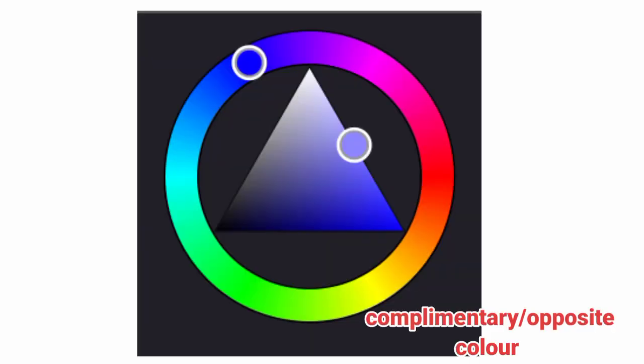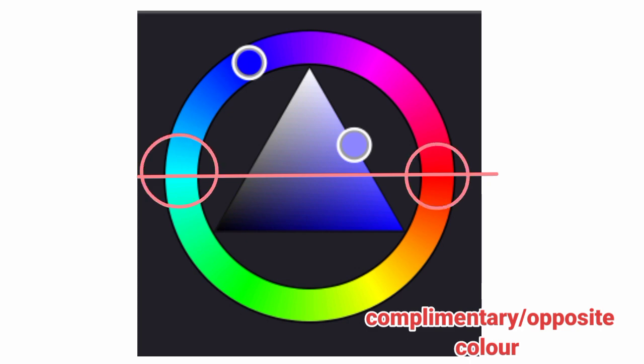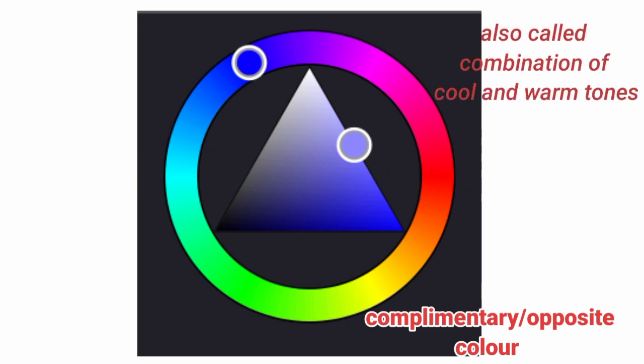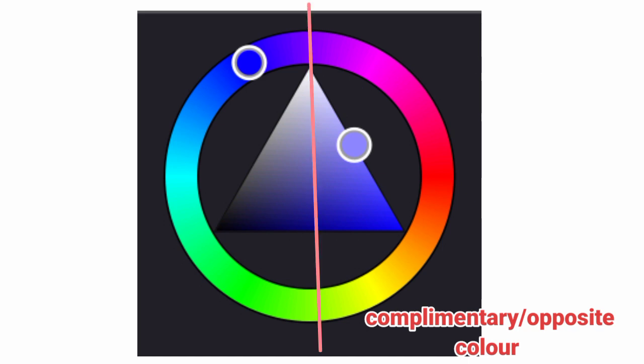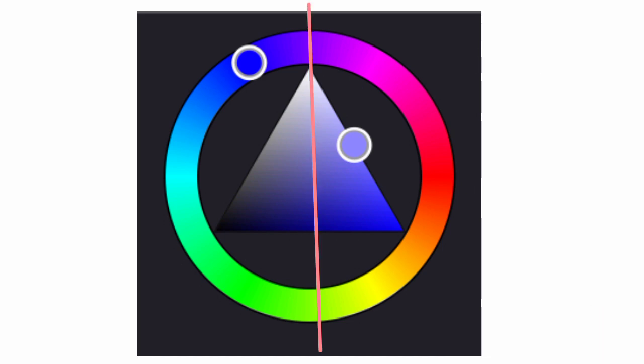Look at this color combination. Doesn't it look so pleasing and appealing to look at? Yeah, this is known as complementary or opposite colors. The colors opposite to each other are complementary to each other. This is also known as a combination of cool and warm tones. The right side is warm and the left side is cool tones, and they look good together, just complementary to